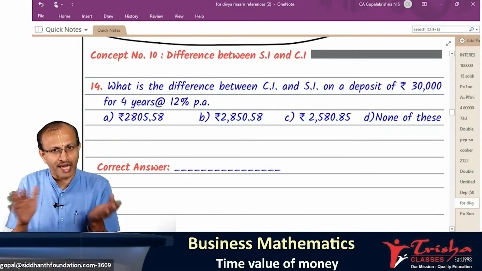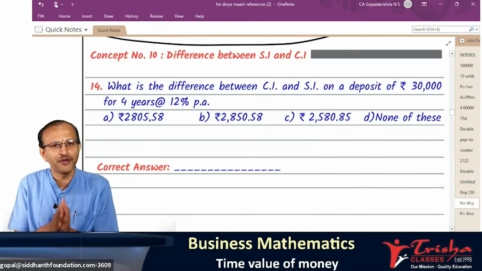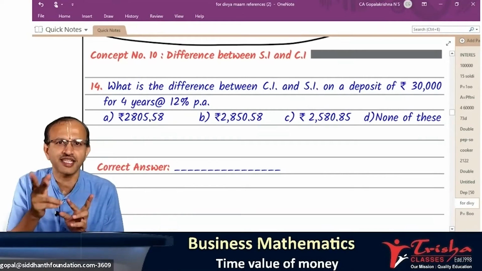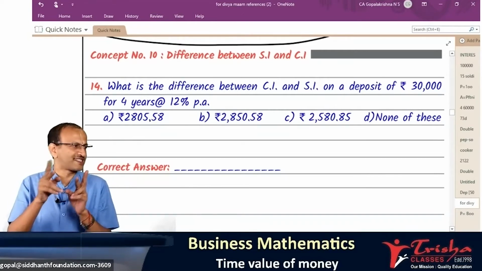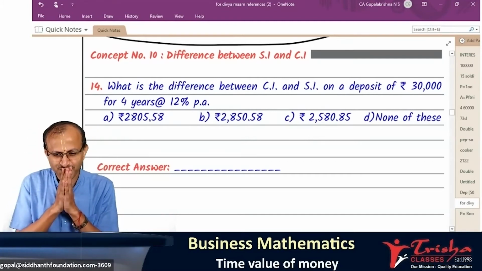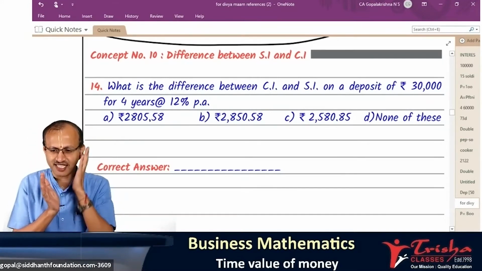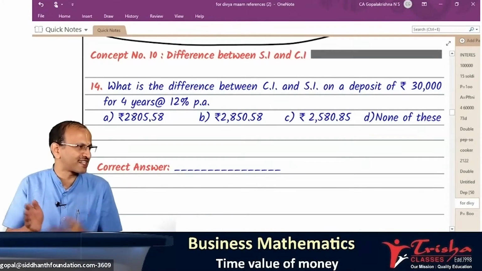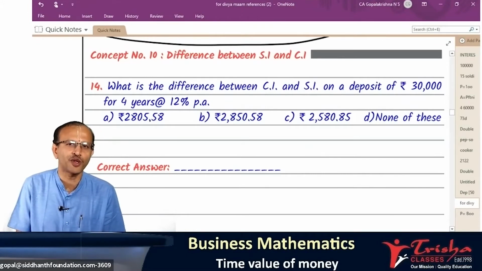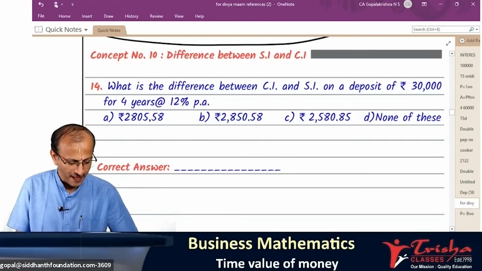To make it a little more time consuming, the question paper setter will ask you to find the difference: CI minus SI, or SI minus CI. Is CI greater than SI, or SI greater than CI? Please answer. CI minus SI, since we learned CI is greater than SI. In the examination, they'll give you such a question, which generally takes more time to work out. Shall we look at a question? I'll tell you some methods also. I have a lot of shortcuts to explain it.